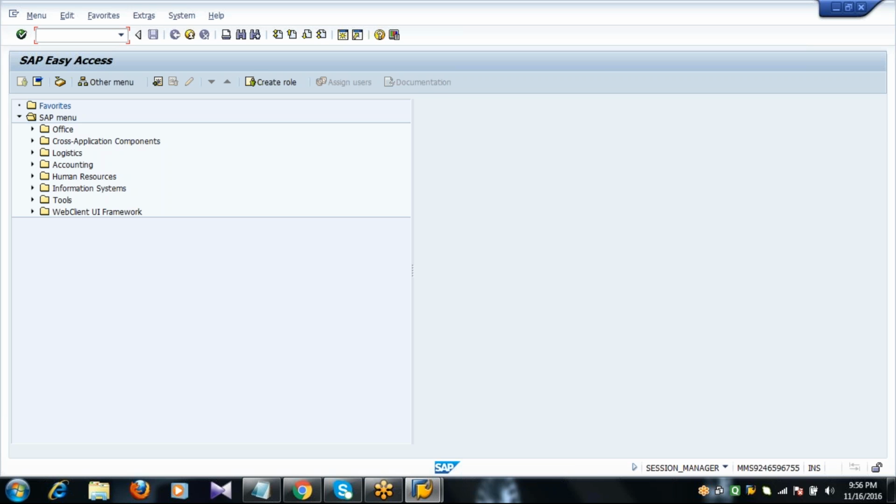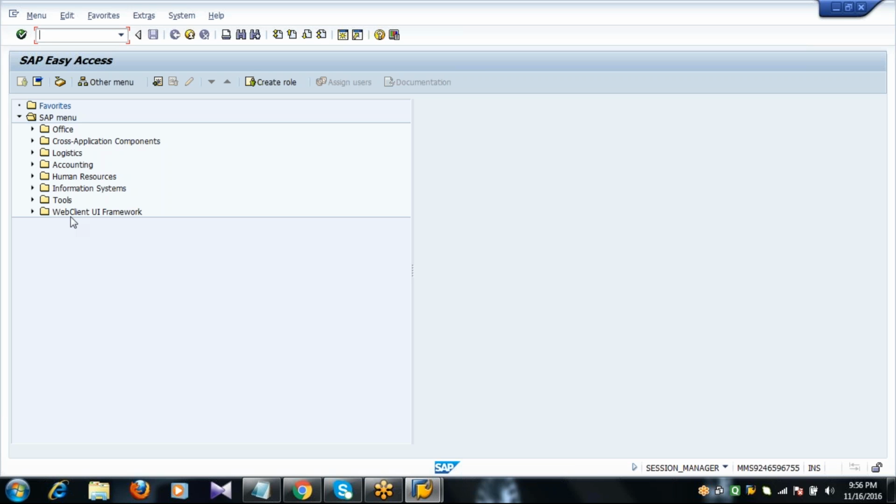Duplication is not allowed. Okay, so using this master data, we are going to run the transaction data. In our SAP, for each and every functional module, we have the master data. It's not only for MM. For other modules like production planning, sales and distribution, even for those modules also, we have this master data.